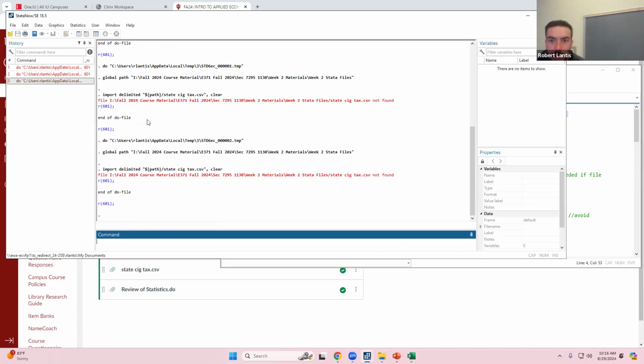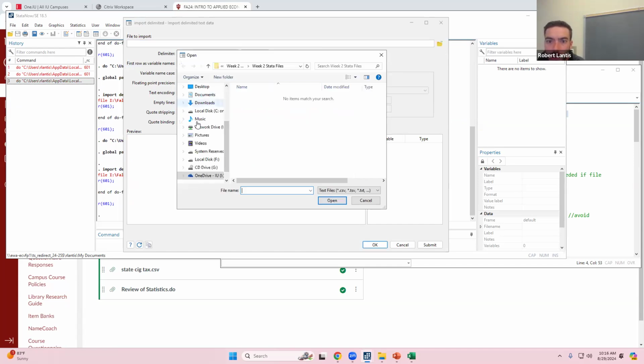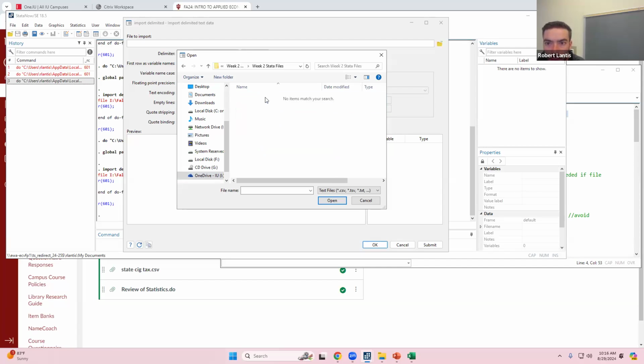We can always use the interface. Maybe it pulls it up for me. Here we go. I must have the path named wrong, so we'll see what the actual name should be. I might have changed the name of one of these folders. So it's in here. Oh, because it's not in that folder. It's in this folder, isn't it? Yep.